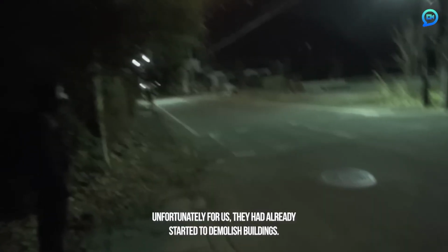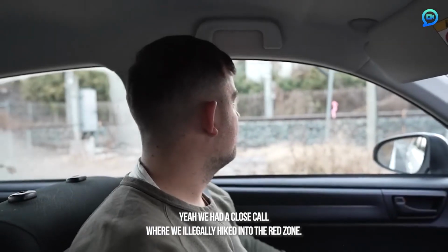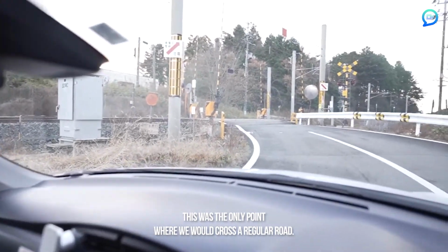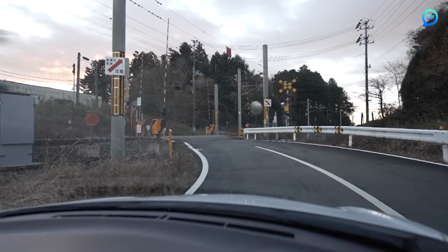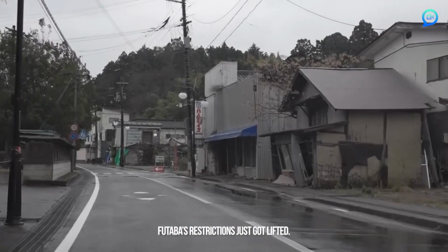Unfortunately for us, they had already started to demolish buildings. Here we had a close call where we illegally hiked into the red zone. This was the only point where we would cross a regular road. And I think twice we saw security driving here, and we had to hide and run for our life. Futaba's restrictions